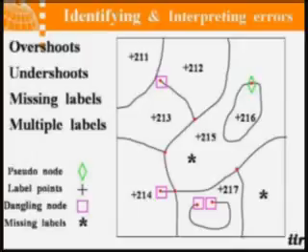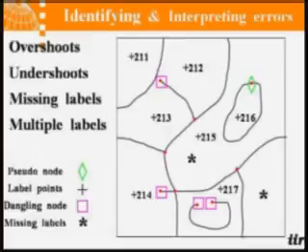See, this is a pseudo node which is not required, which has to be removed, and then you have label points. See, you have two label points given here, but here you have a dangling node. The node has not been added, so that's why there is an error here. So either the line is not there, or if the line is there, this has to be joined to this. You have to snap this to the other line.